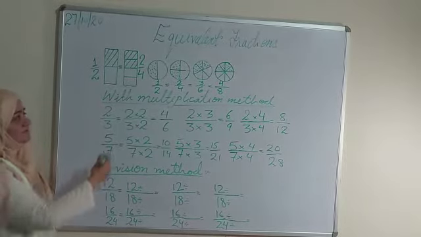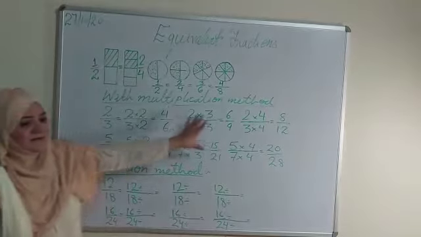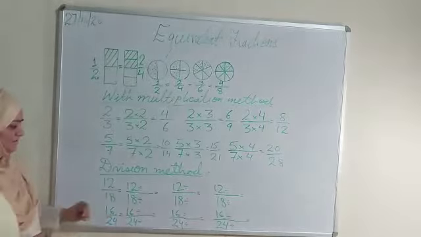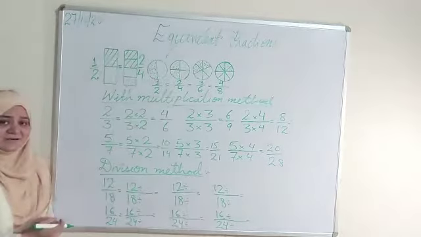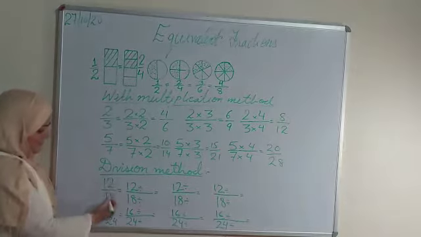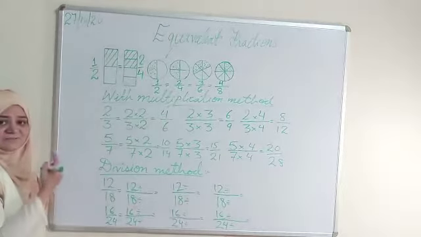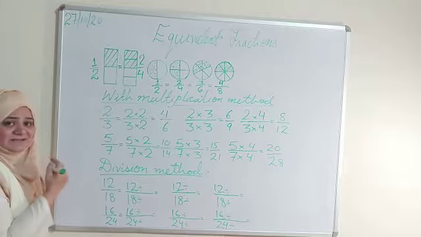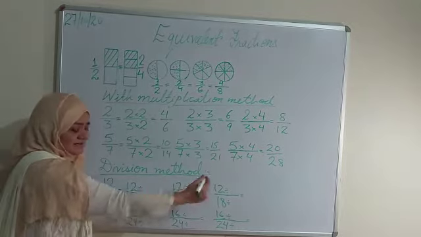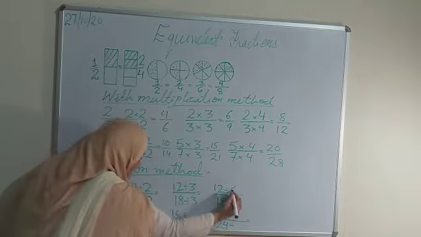Division method. What is the difference between multiplication and division? Here we multiplied, now we divide. With multiplication we can write innumerable equivalents, but in the division method you have a limited number of equivalents, because we learned that there are limited factors of a number which divide it. So take 12 and 18. 12 and 18 both come in the table of 2, both come in the table of 6, and both come in the table of 3 also. So we can divide at both the places by 2, 3 and 6.